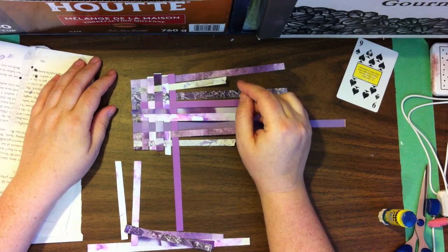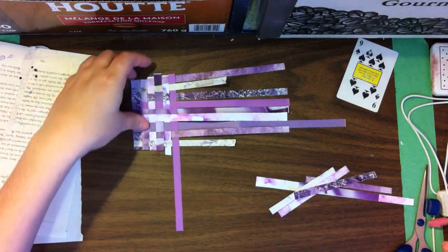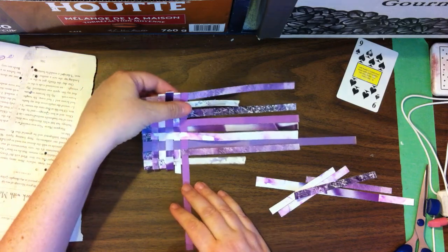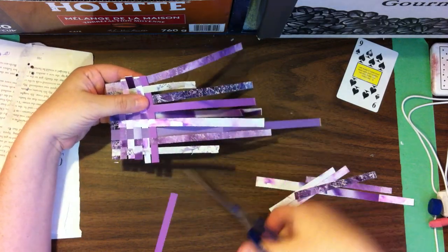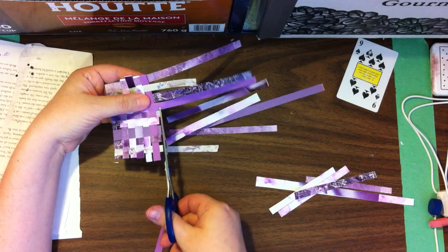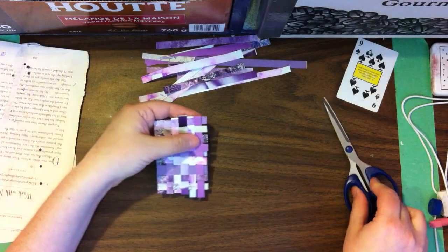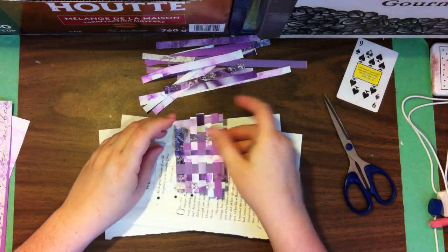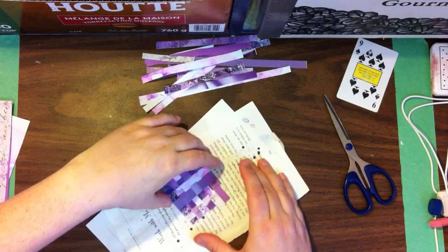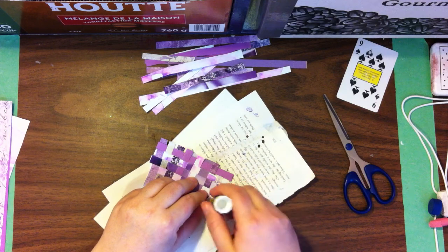So, what do I want to do? I want to go around, well, I want to do some trimming so that this will be easier to work with. Okay. So now what we want to do is get some glue under some of these so that they don't come apart, right? So this end here,